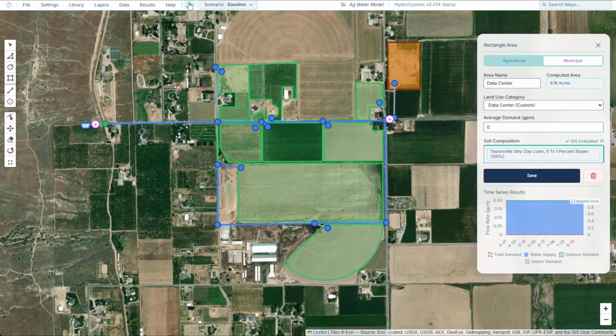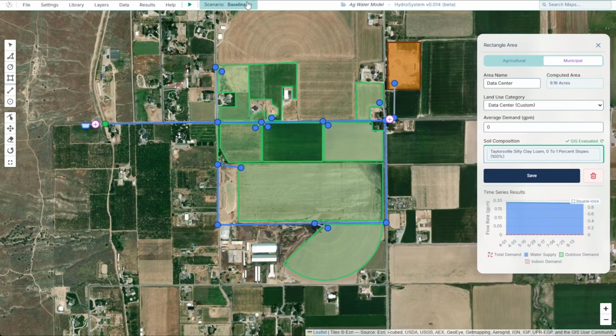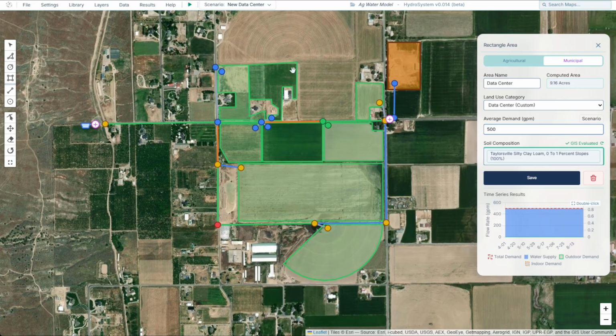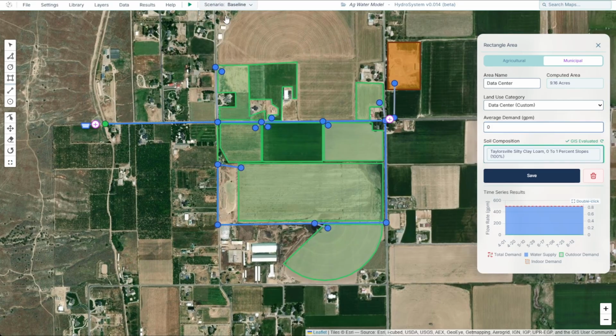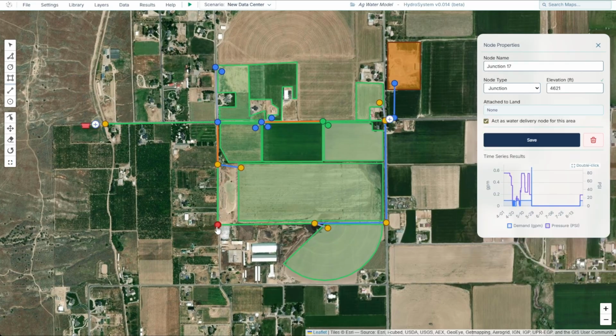Okay, so let's go ahead and run both of these scenarios. I'll just start over and run the first one again. Okay, I'll switch this back over to our new scenario and run that one. Okay, so now what we can do is switch between these, and you see that the colors are changing in our system. And when we go to the new scenario, you can see we've got some red, and this indicates a low pressure. You can see that there are times when our pressure has dropped significantly,